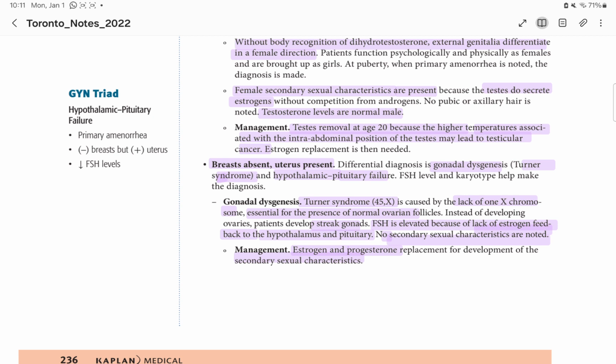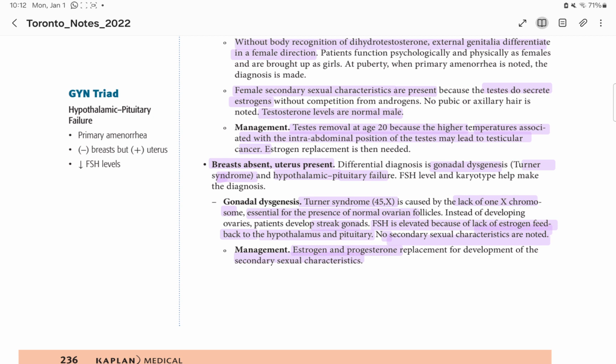Then we are going for breast absent, uterus present: gonadal dysgenesis, Turner syndrome, and hypothalamic pituitary dysfunction. So there are two main causes. Gonadal dysgenesis, Turner syndrome: lack of one of the X chromosomes, which is essential for the presence of normal ovarian follicles. So if one of those X chromosomes is not present, there will be no normal function of the ovarian follicles,